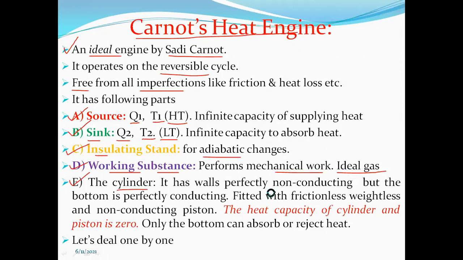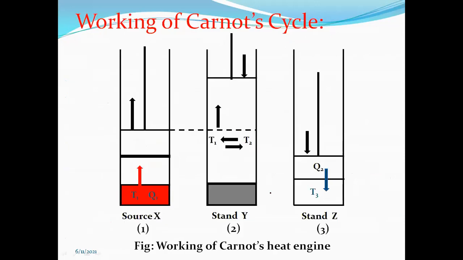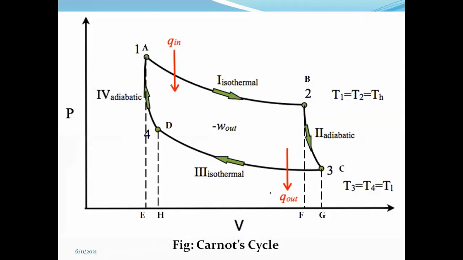Okay, and after that we have discussed working of Carnot cycle in the last lecture. After that, we have studied the PV, pressure-volume relationship of the working substance in case of Carnot cycle. This is Carnot's cycle, or it is also called an indicator diagram. Okay, so after the indicator diagram, we came to know that this A, B, C, D, and A means it is a reversible cycle of operation through which the working substance has been taken. Okay, so this is the simple definition of Carnot's cycle.